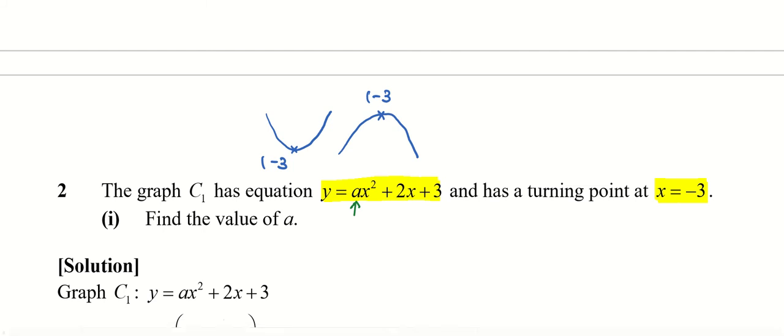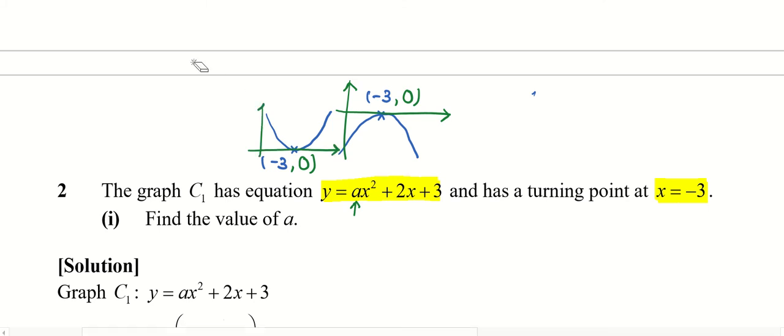My main aim is to find the value of a. So how am I going to find this value of a, given that I only have information about the turning point? Now, what many of you did was sub in x equals -3 and y equals 0. If you try to visualize this, what do you understand by saying y equals 0? Allow me to write it down. This y coordinate is 0. Agree with me, you are trying to assume that your turning point is actually cutting the